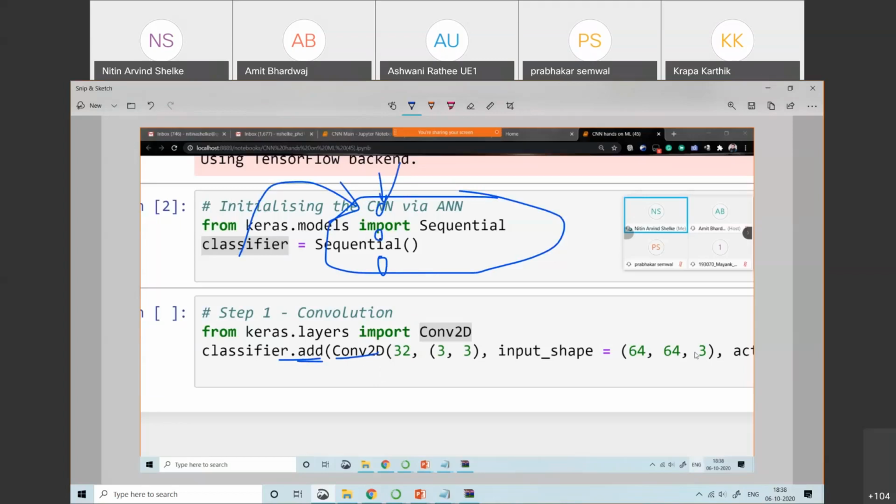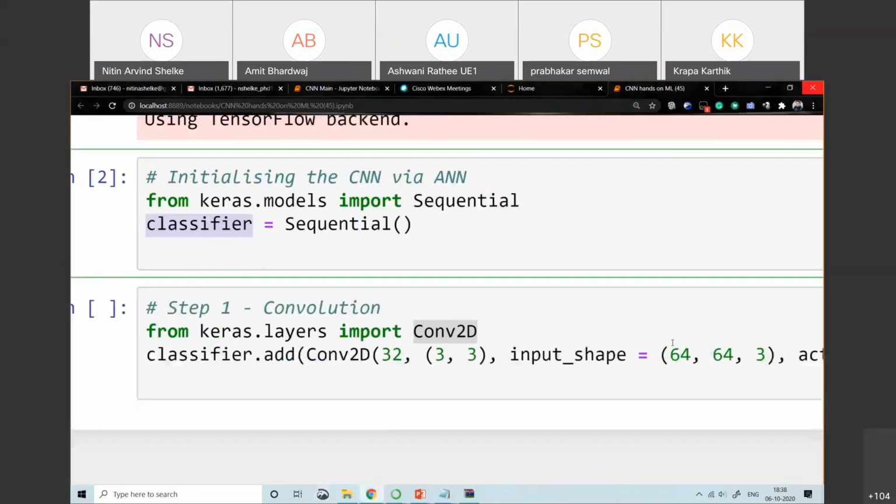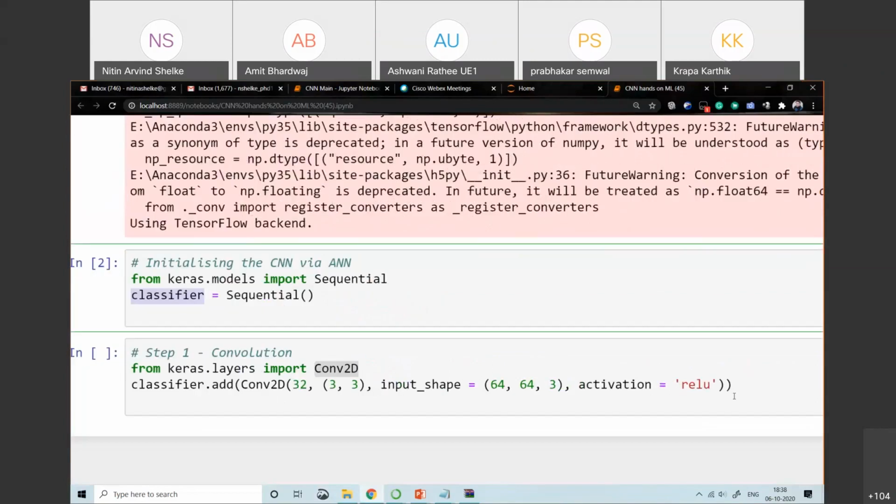I'm adding it with the ReLU activation function, which I have already explained to you. Activation function is a big topic, but I have given one very important trick to handle this.